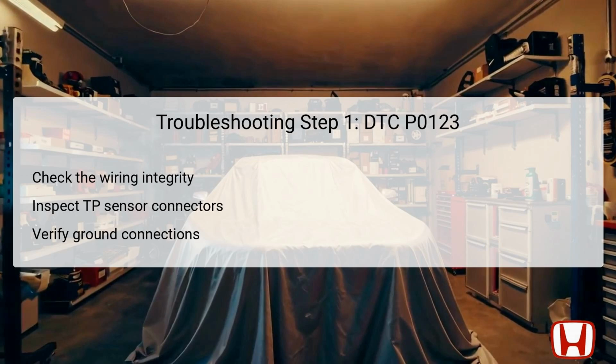The first step in troubleshooting DTC P0123 involves checking the integrity of the wiring associated with TP sensor A. Inspecting the connectors is crucial, as corrosion or damage can lead to signal interruptions. Ensuring that ground connections are intact is also essential, given that a poor ground can contribute to abnormal voltage readings. Any frayed wires or loose connections should be addressed immediately to safeguard against intermittent issues. Using a multimeter may help in verifying the resistance across these connections to ensure they are operating within acceptable ranges. A thorough visual inspection, coupled with electrical testing, sets the foundation for further diagnostic actions if initial checks yield no